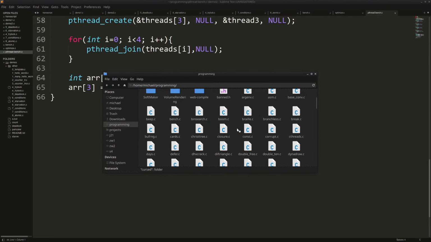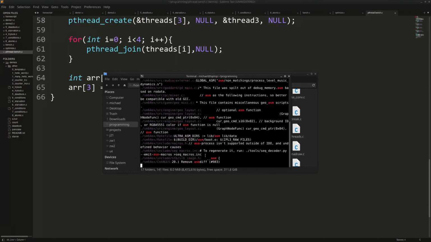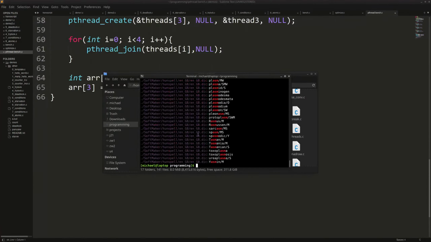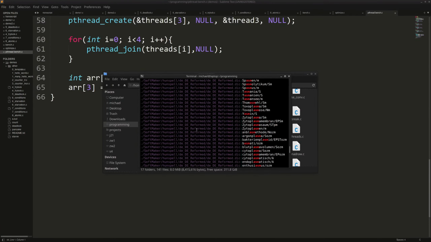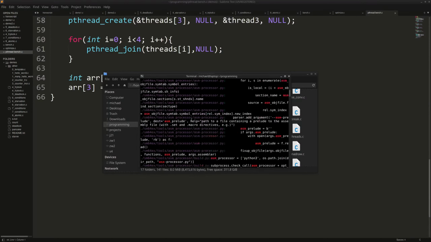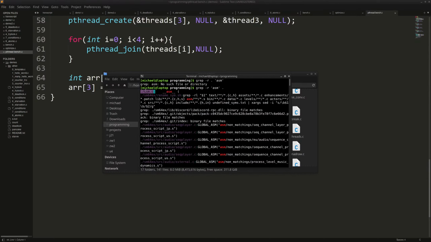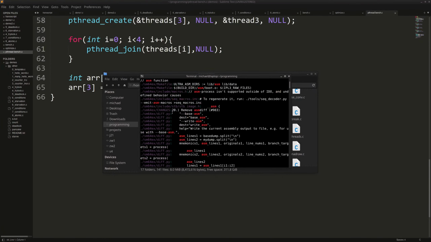Hold on, actually. We are going to search every program for something that contains the assembly keyword. Ugh, I always get the argument order wrong. Oh god. We got a huge word list here. None of this is really what I'm looking for. No, I think I deleted the file.